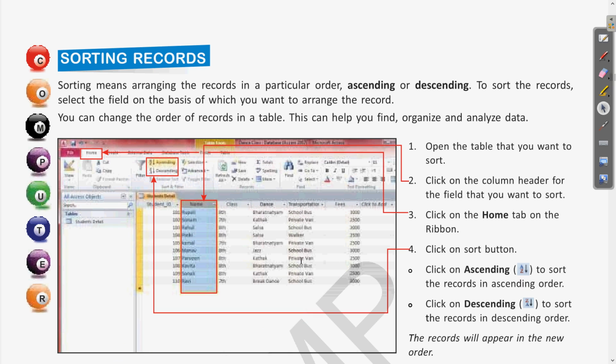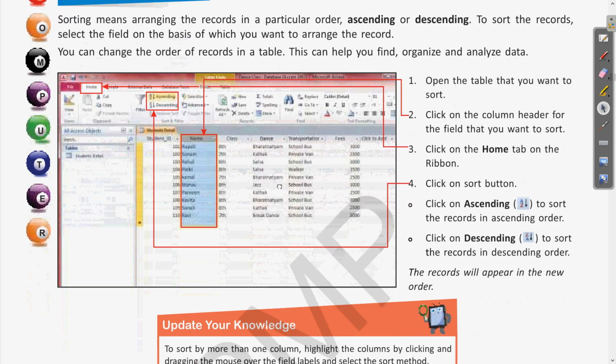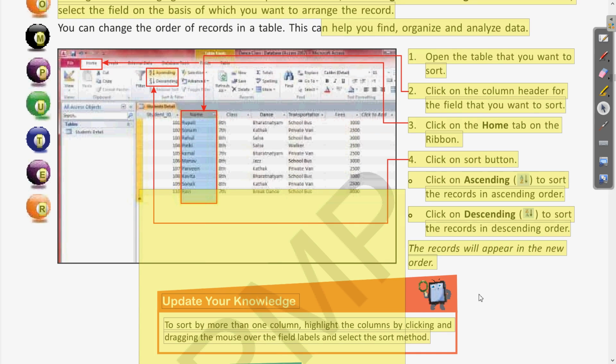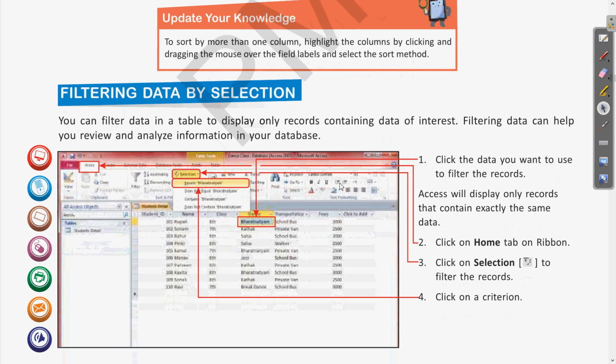After that, we have seen how to sort the records. Sorting actually means arranging the records in ascending or descending order. If there is an entry in a table and you want it sorted in a specific order, whether it is the names of students or a number like the admission number, you can arrange it in increasing or decreasing order of the admission number, or in the sequential alphabetical order of the names. This can be done using the sorting options. This we have seen.